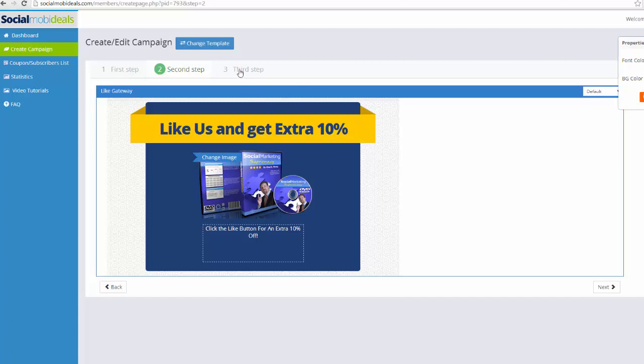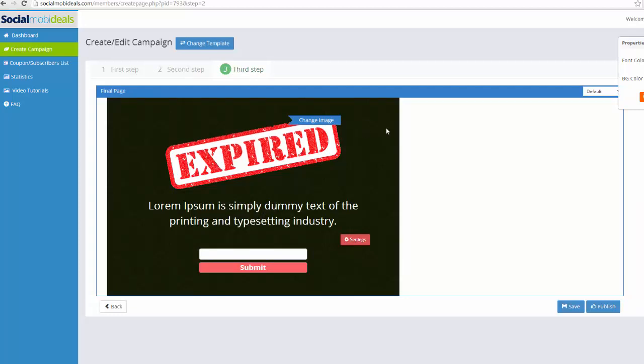All right, step number 3. Here is the page they will see if it is expired. So you can come over here and you can change the text to say, I'm sorry, this offer is expired. Enter your name and email down below, or whatever you want to say. Now, if you don't want them to opt in to be notified the next time your deal is live, you